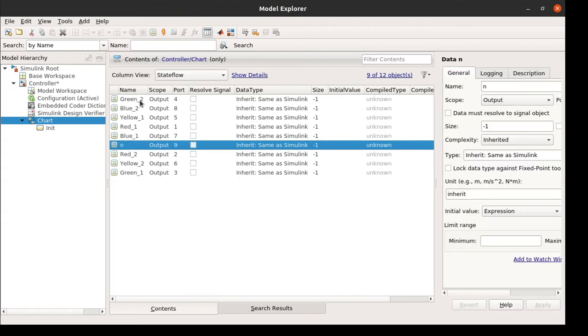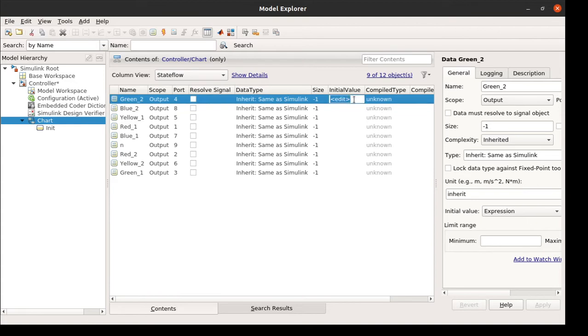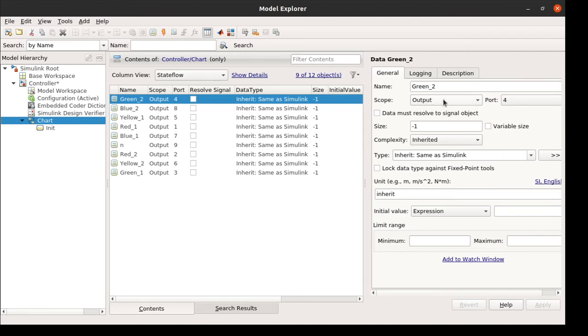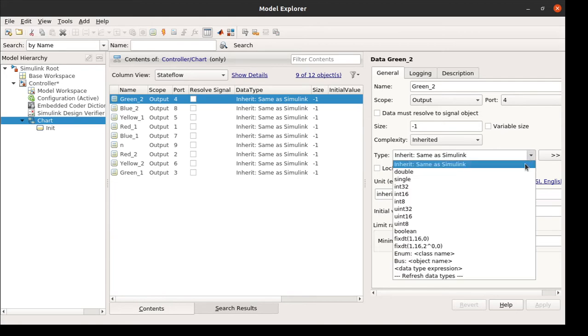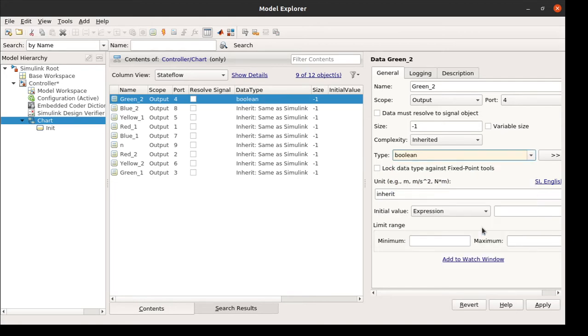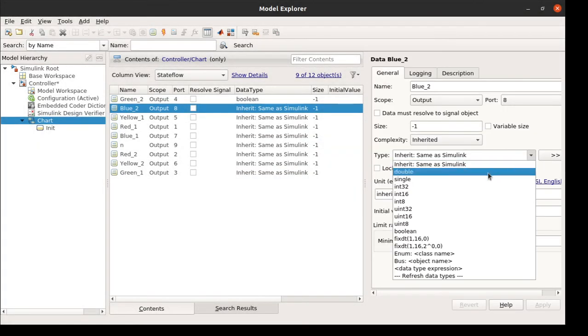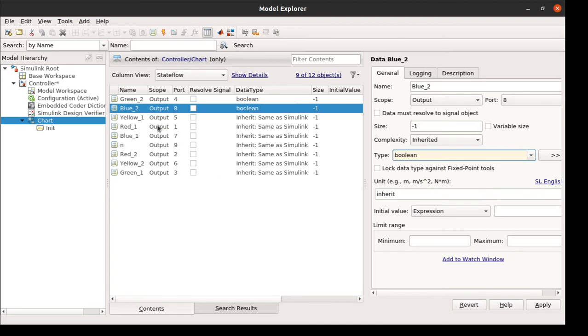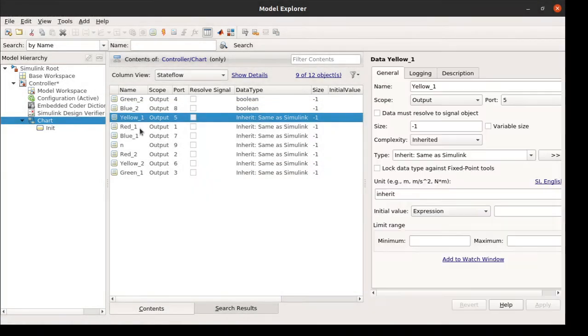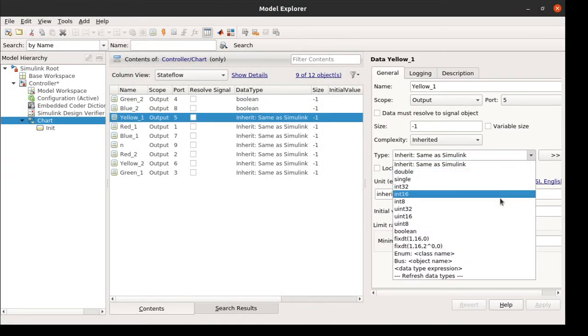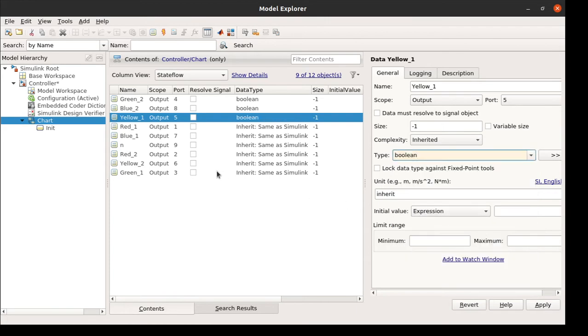Now the initial value for all these signals, let's move it a little bit left. Here you can output the values and everything. Here for data type, you can select Boolean, and for each thing you have to select the data type as Boolean. When you click apply, it applies the data type for each and everything.